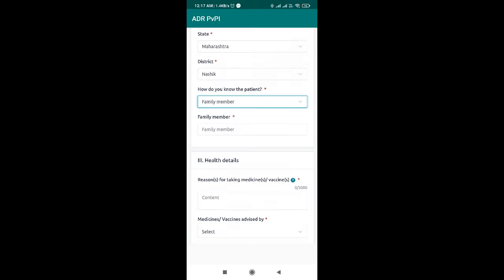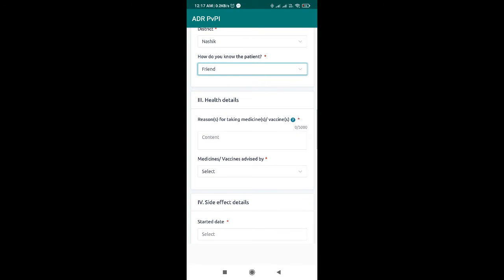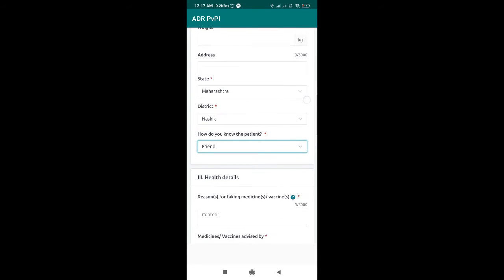If you select family member, you need to specify here whether that patient is your brother, father, mother or sister or cousin, like that. So in my scenario I will select friend here, so that the drop down below will not appear now. So we have completed the patient details. Now